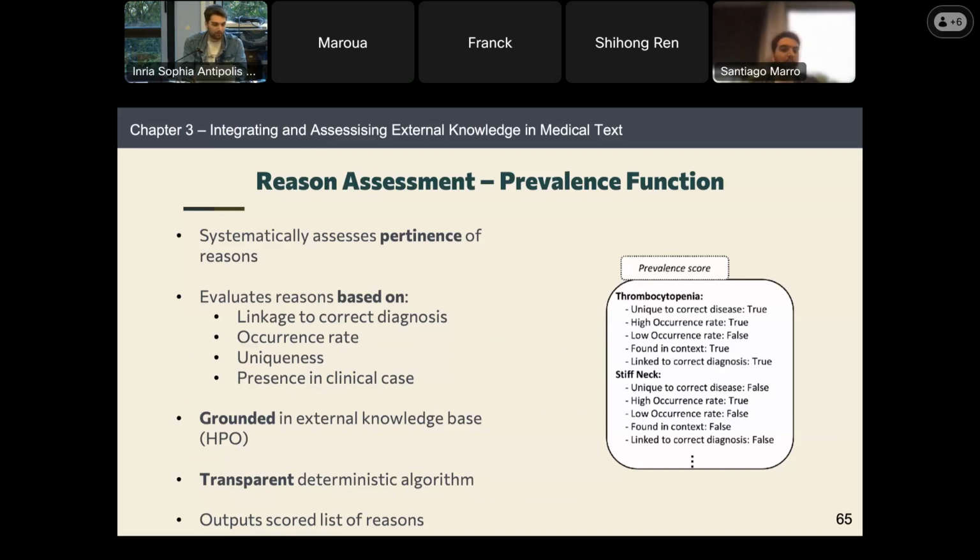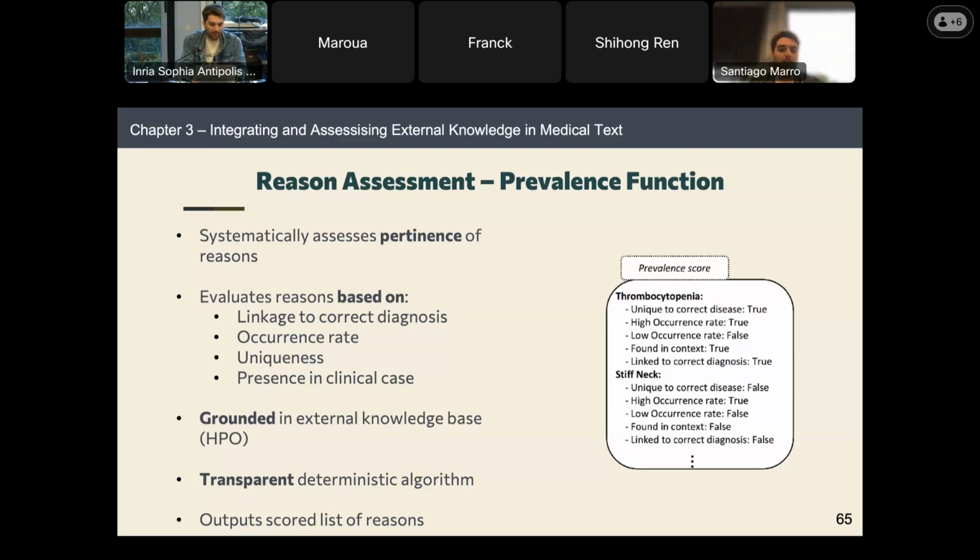First, if, for example, the symptom that we found in the clinical text that the patient has is a symptom of the correct diagnosis, that gives us information to be able to explain. Then you can also have the occurrence rate, the uniqueness of the symptom, the presence of it in the clinical case, and so on. So this provides us a way to assess all of these reasons grounded in external knowledge.